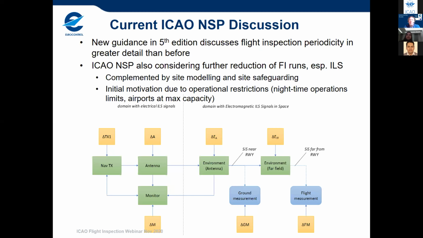So limits on nighttime operations, and then having to fly during the day when the airport is very busy, was seen as very difficult to accommodate flight inspection. And so one state, the Netherlands, has initiated some work on actually trying to reduce the number of flight inspection runs. And what you can see from this model, where the navigation signal, the transmission is generated, sent to the